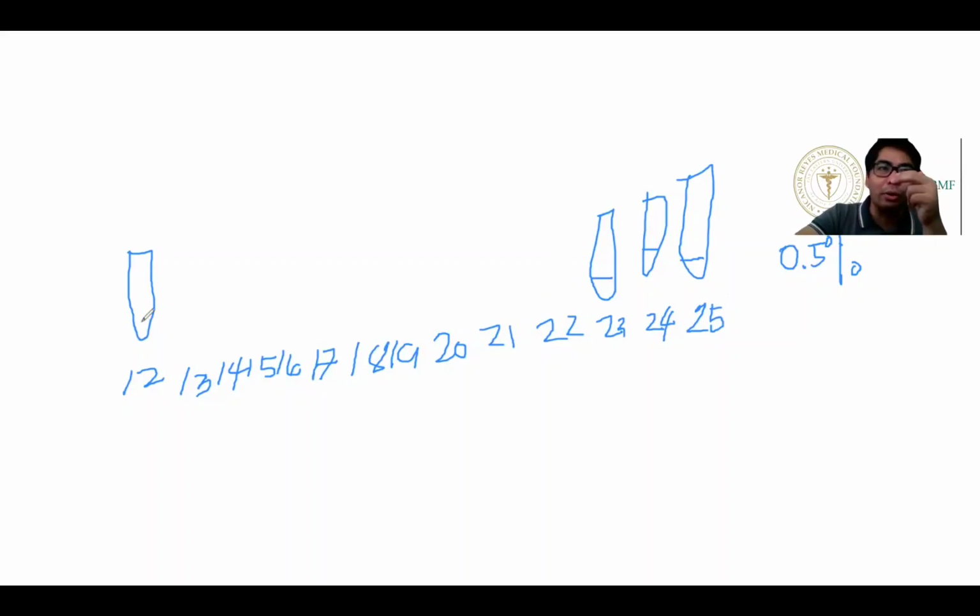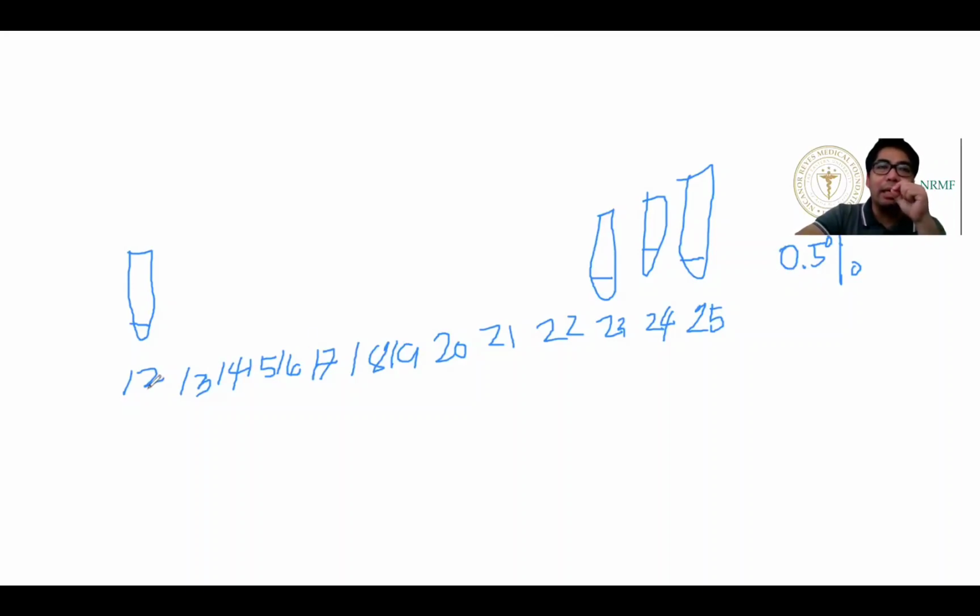So sa test tube number 12, yun ang nakalagay sa label. Number 12 test tube, put 12 drops of the 0.5%. Now, the total number of drops should be around 25, no? So kaya ang total number dito, 25 sa 0.5%. Okay, now, kung 12 dito,